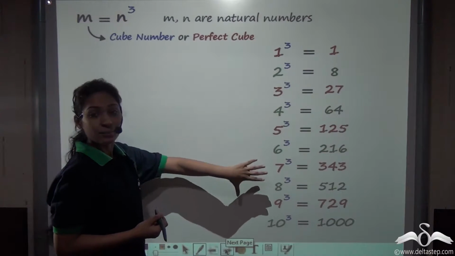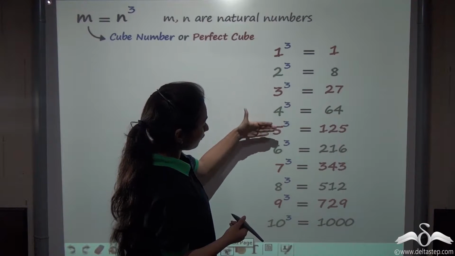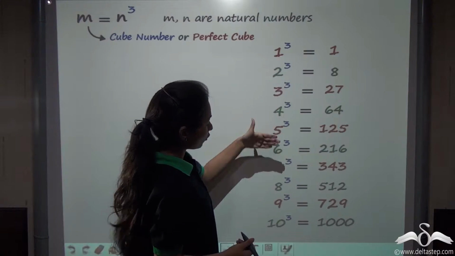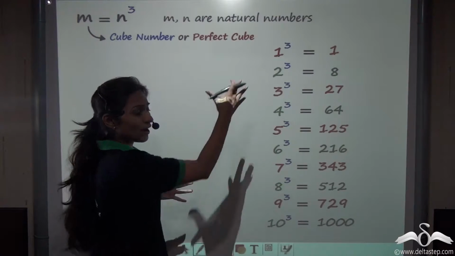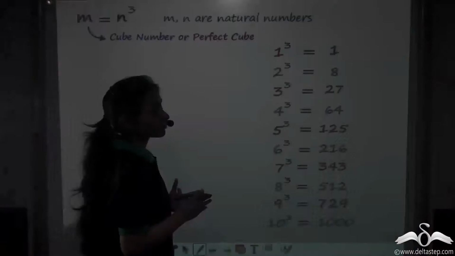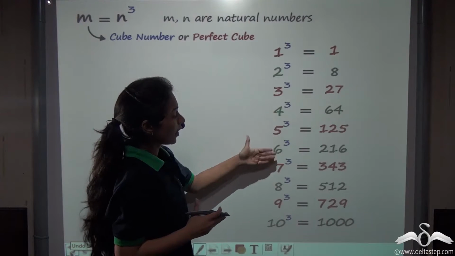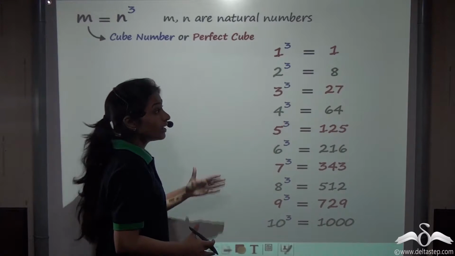Look at these highlighted numbers. What can you see? We have highlighted 1, 3, 5, 7 and 9 with red color, and 2, 4, 6, 8 and 10 with green color. Well, we haven't done this for decoration. Why have we done this? Look at the odd numbers that are highlighted with red colors. You can see 1, 3, 5, 7, 9, they are odd numbers.